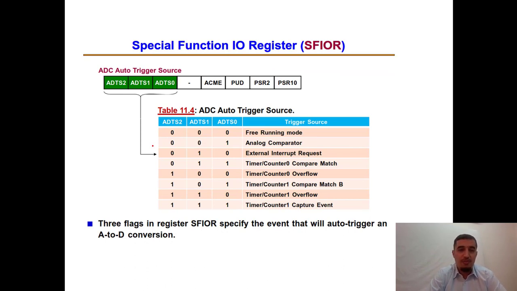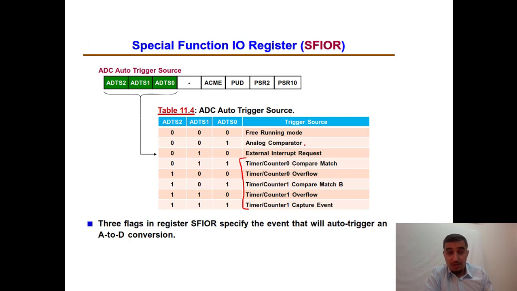In the special function input output register, in the most significant 3 bits, we have a free running mode, we have an analog comparator that can trigger the analog to digital converter, we have an external interrupt request, we have timer counter 0 compare match, timer counter 0 overflow, timer counter 1, and timer counter 1 capture event. These timers and counters I'm going to talk about in detail inside our embedded system class next year, and the rest will be